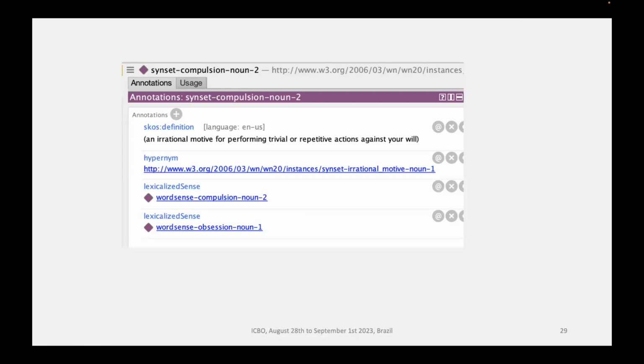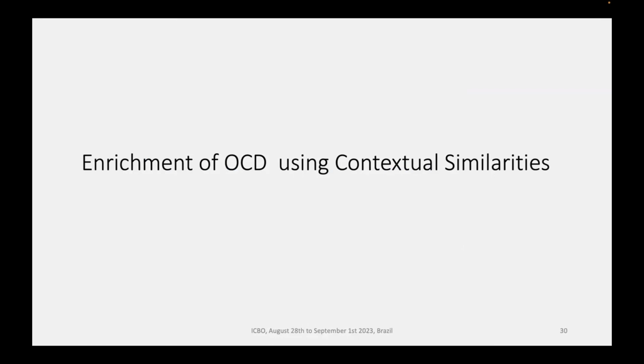This is the first pattern we used in order to incorporate WordNet into the OCD ontology. In the enrichment of OCD using contextual similarity, I just want to point out two points here.